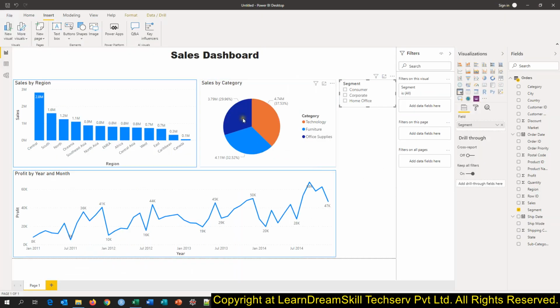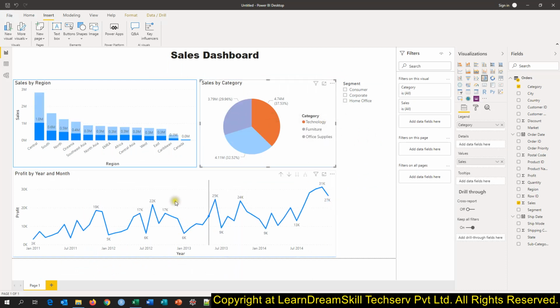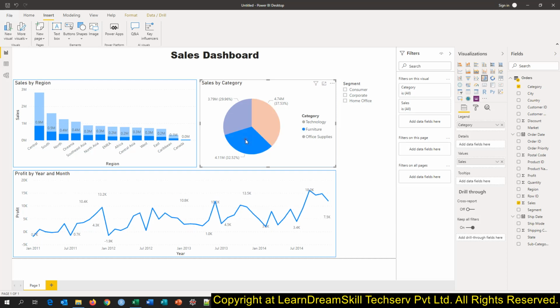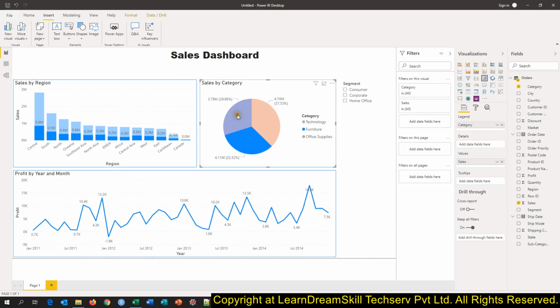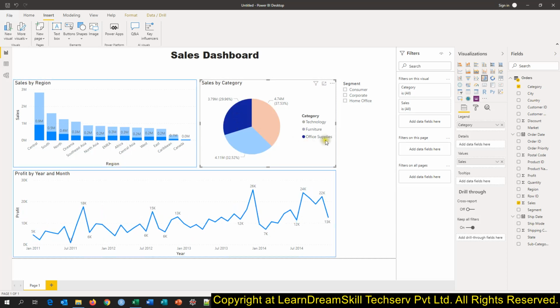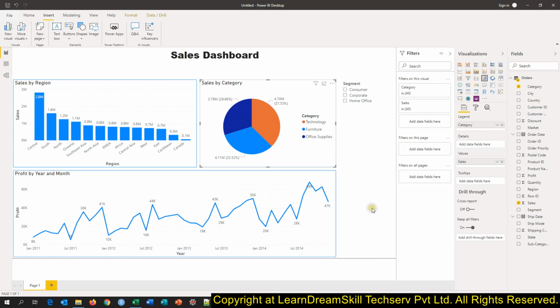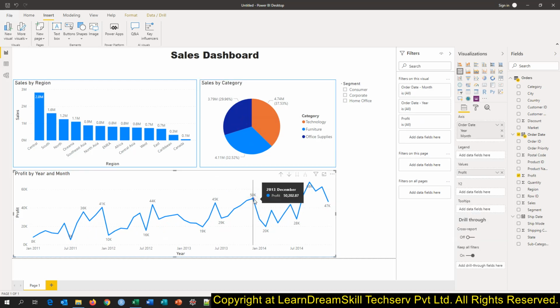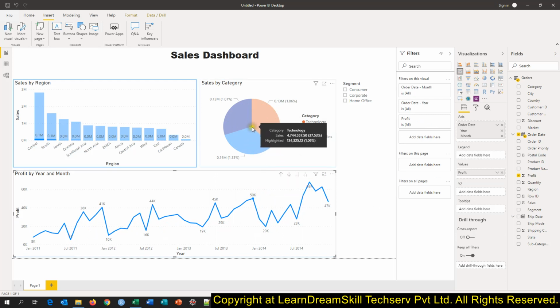So see here, if I select this technology, see, these charts are getting filtered. I select the furniture, these charts are getting filtered. I select office, this chart is getting filtered. Then we can again select this to unselect everything. So this way it is filtering out the values.